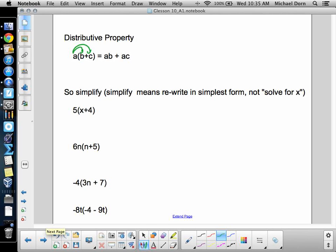Not just do the A times B, but also the A times C. So here, not just the 5 times X, but also the 5 times 4. I always like to think distributive property: if you don't distribute everything inside the parentheses equally, someone's going to be